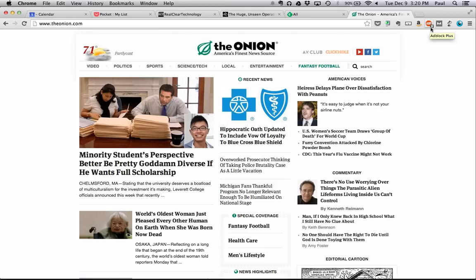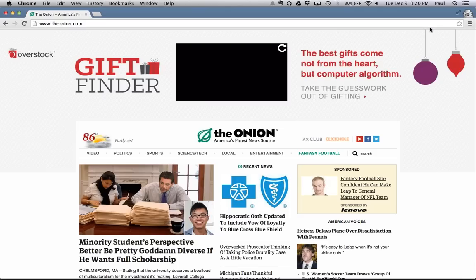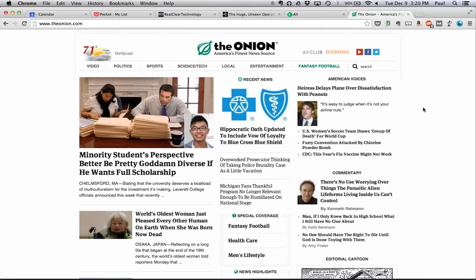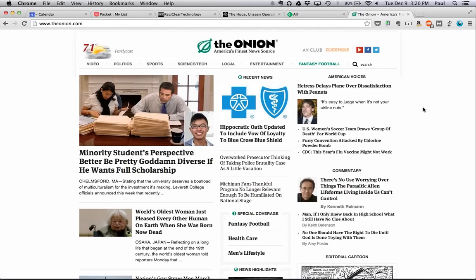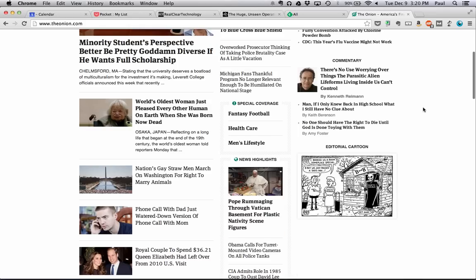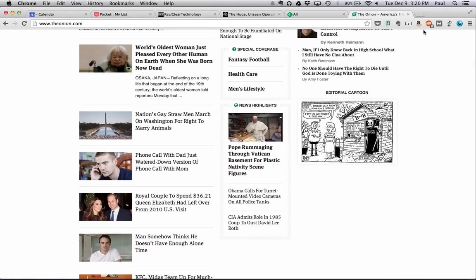I'm sorry, this is when I'm using AdBlock Plus. If you look here, there's a little number 8 right over there. It's saying that it's blocking 8 ads right now. This is without AdBlock Plus. So you want to use an ad blocking program if you want to focus a little better. That will be helpful. I have not had issues with saving things to Pocket when I'm using AdBlock Plus.